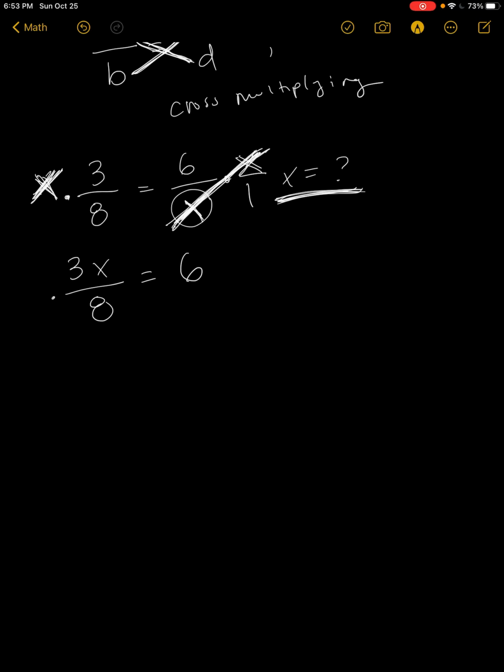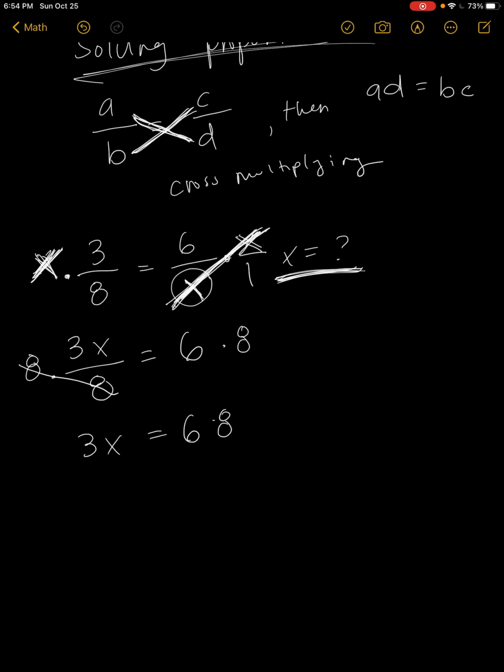Okay, and then I need to get rid of this 8. So again, since I'm dividing by 8, I can multiply by 8. And I have to do it on both sides, because I'll get 1 here. So I'm left with 3x over 6 times 8. And if we look,